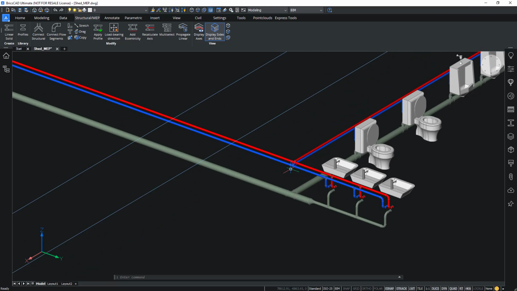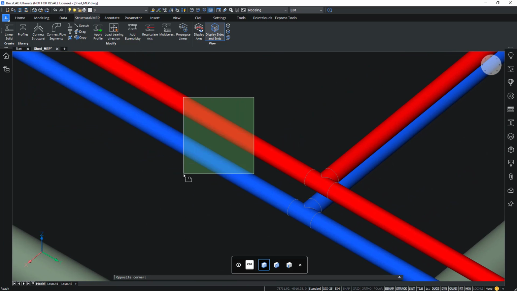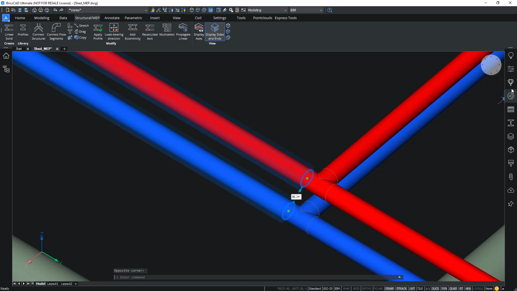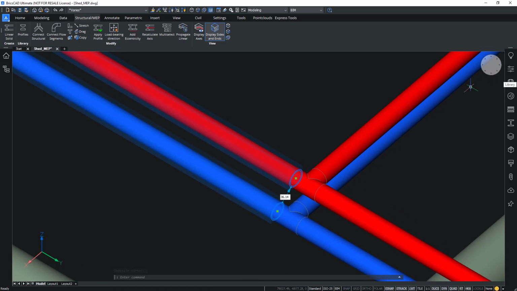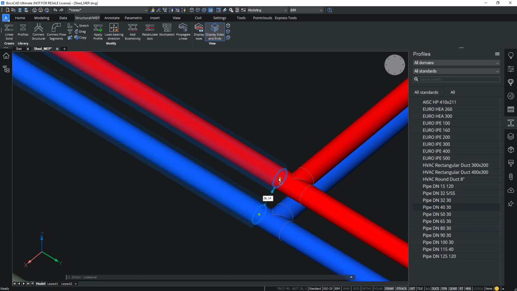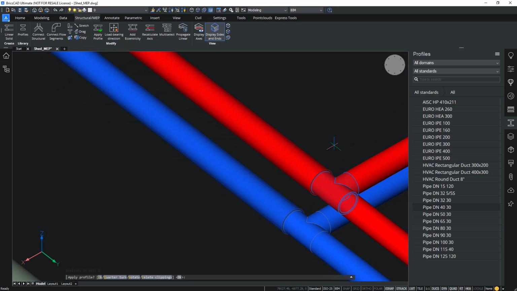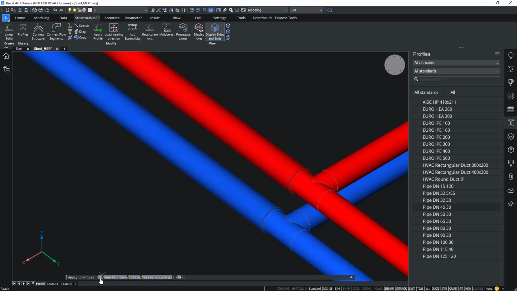Now we can still, of course, change the profile of pipes. So for example, these two pipes here, I want them to have a larger diameter because two pipes come together in this one. So let's go to the profiles library and just apply this 40 mil profile. Now before pressing enter, I get this preview again, or you can choose to apply.